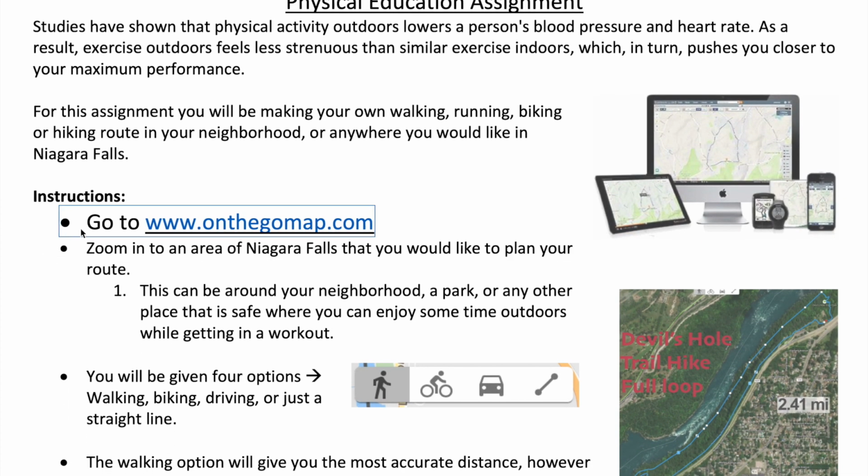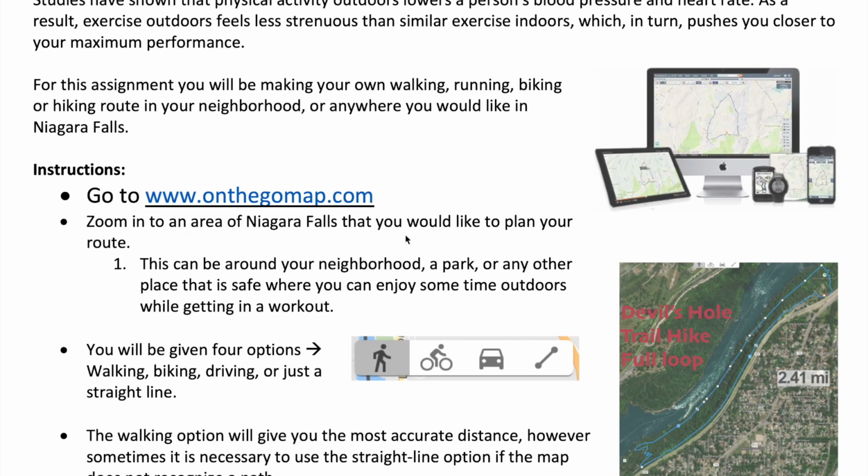What you're going to do is go to this website, onthegomap.com. You're going to zoom into an area of Niagara Falls that you'd like to plan your route. It can be around your neighborhood, a park, or any other place that's safe where you can enjoy some time outdoors. Why don't we go check out the software and the